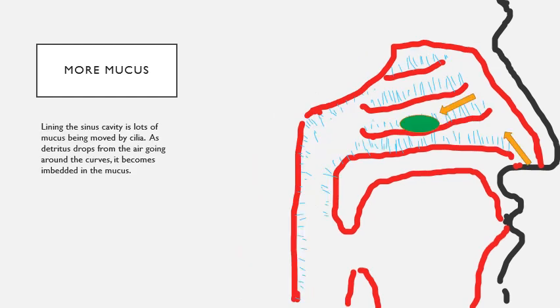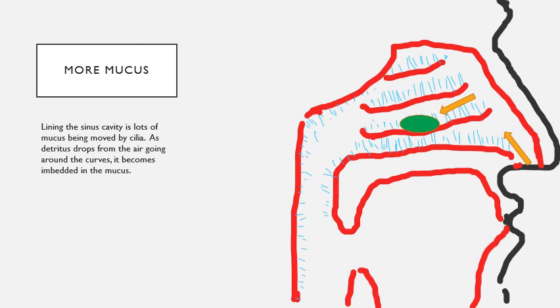So lining the sinus cavity, that top part, you're going to have a lot of mucus. You guys know that. You have to blow your nose like it's pollen season. You feel lots of stuff building up in your nose, right? When that happens, as that stuff gets into your nose, it's sort of knocked down and into mucus. The cells along your sinus cavity are producing this slimy substance. So now you've got it trapped in the mucus. That mucus is building up, and you need to get rid of it.